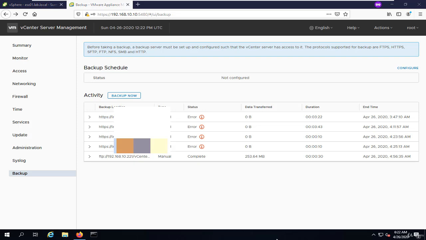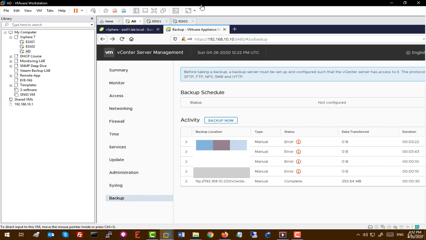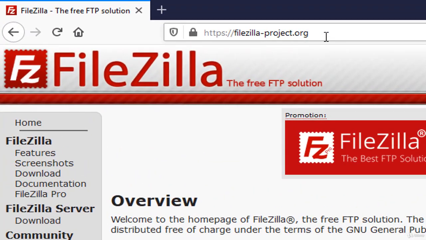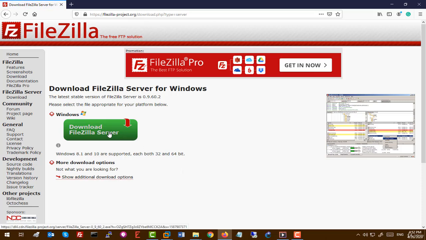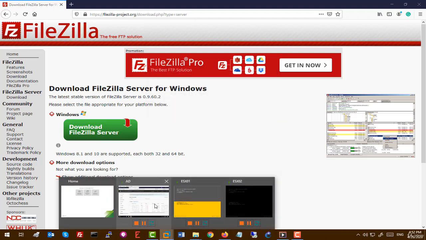So now is the time to take backup of my FTP server, which I did before, to be sure that I'm able to take backup and restore it easily. So first of all, let me exit full screen mode here and we'll go to FileZilla-project.org, and here we should download FileZilla Server. Simply we'll click on download, and this is the file I actually just downloaded before in